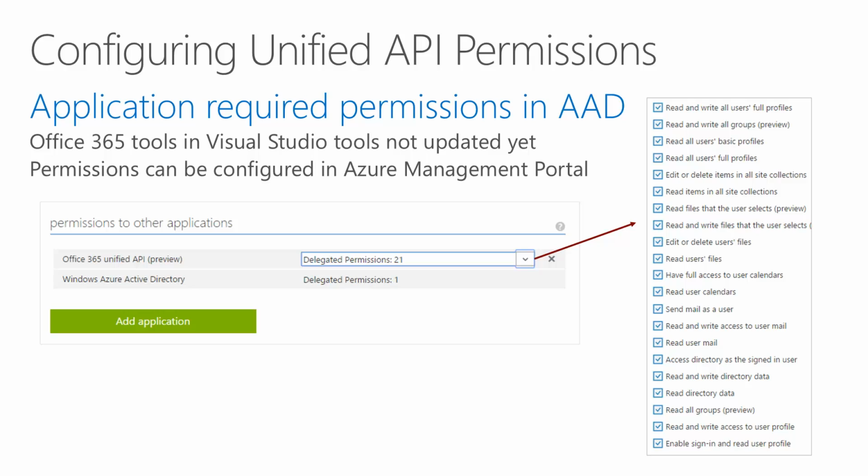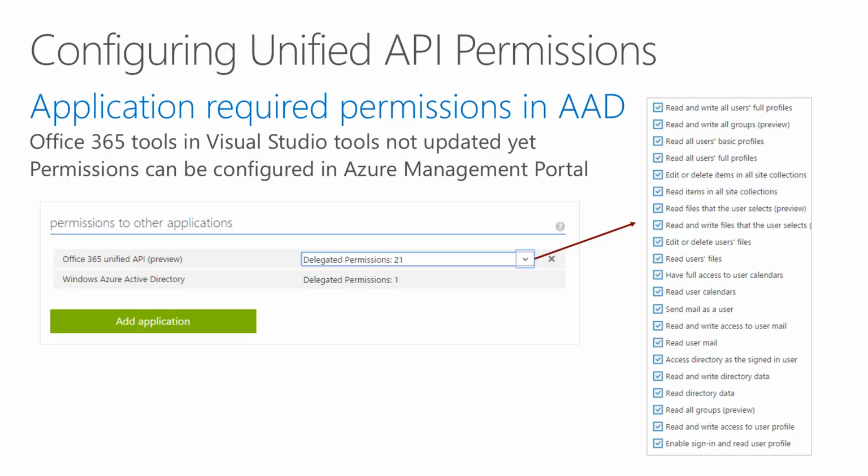Now, this is a little bit of a pain because for the last couple months in Visual Studio, you've been able to use the Connected Service Wizard, and the Connected Service Wizard will allow you to create a project in Visual Studio and automatically register it with Active Directory within your tenancy, and then to basically set permissions for Azure and for Outlook and for SharePoint. The problem is today, we're talking June of 2015, Visual Studio has not been updated, or at least the Office tools. That should be updated hopefully soon, but currently you have to go into the Azure portal and manually configure